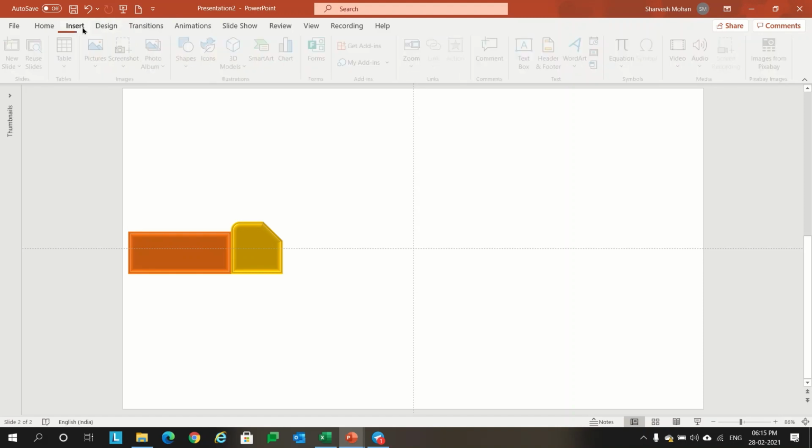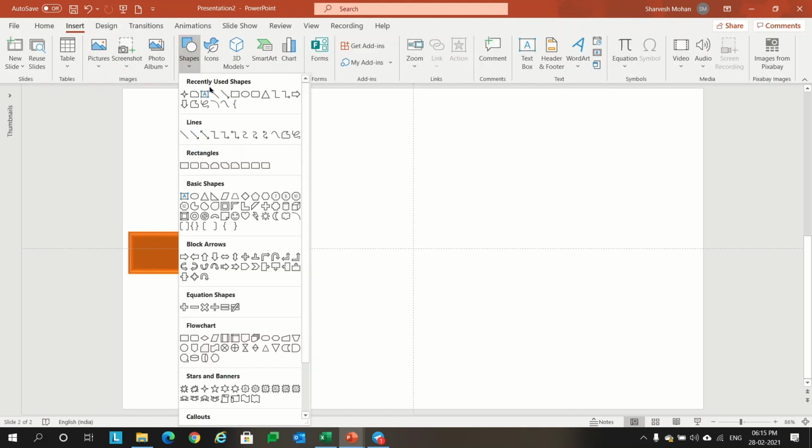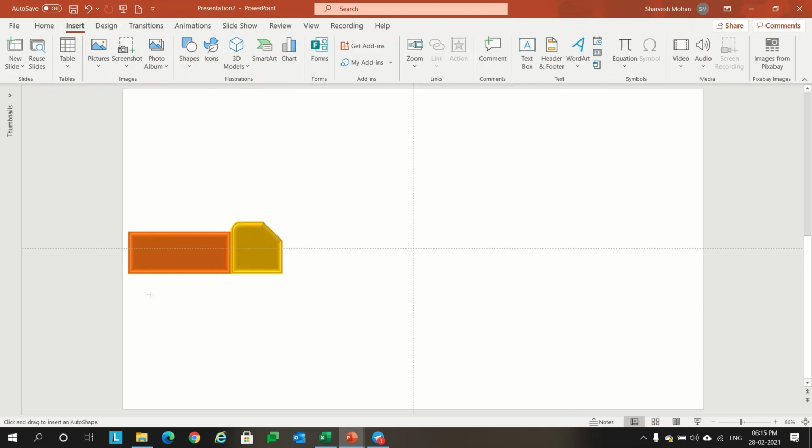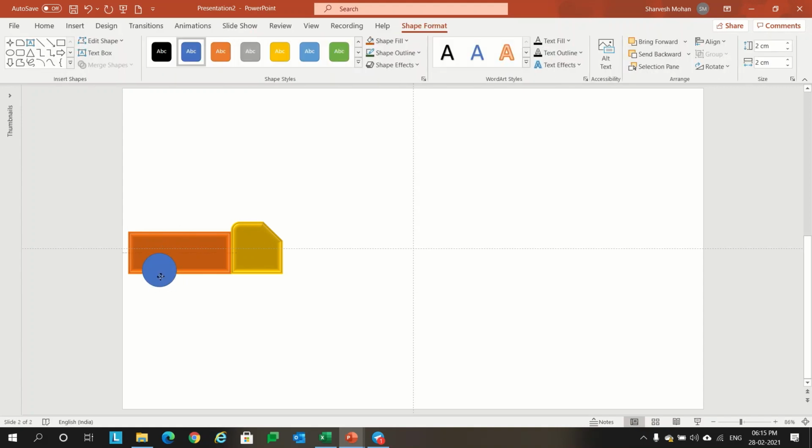Then let's go insert, shapes. Let's take a circle. We'll draw like this. We have to draw a wheel for it. Click a little bit, reduce it. We'll make it maybe 1.5 centimeter.